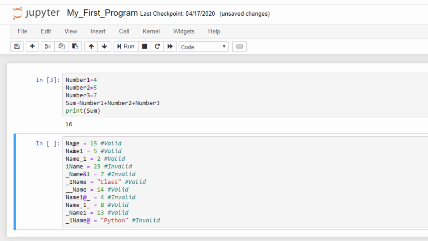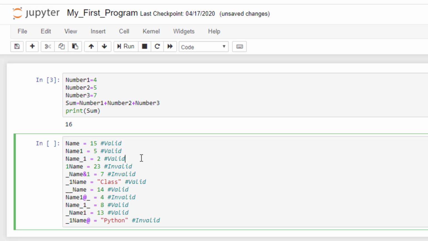The first variable name is name. This is a valid variable name because it can contain any alphabet. Next, name1, yes, it is again a valid variable name because it can contain alphanumeric characters. Next, we have name_1.